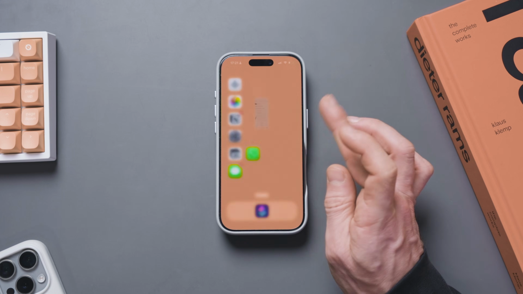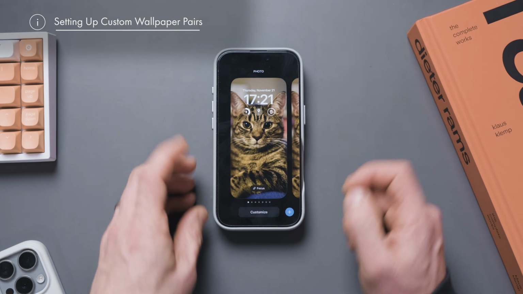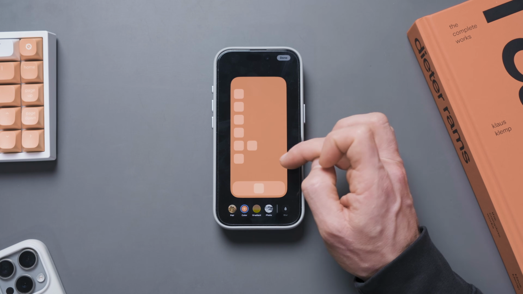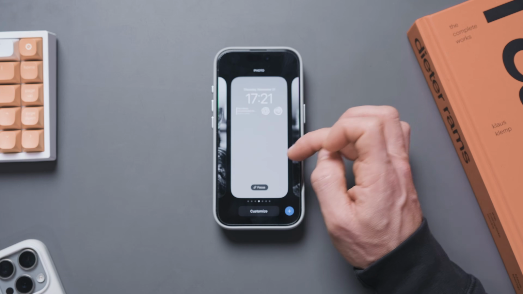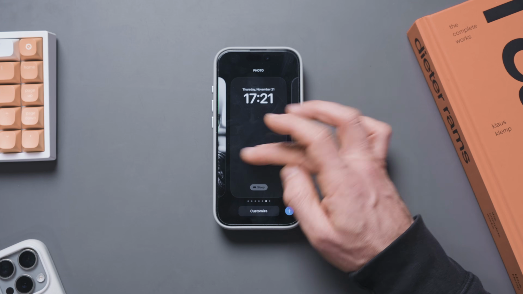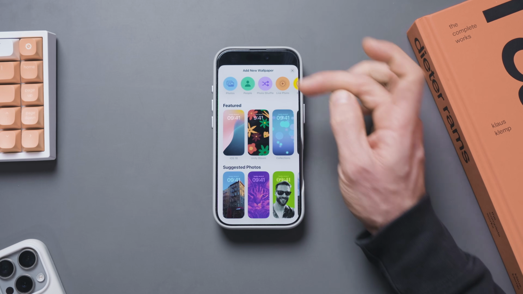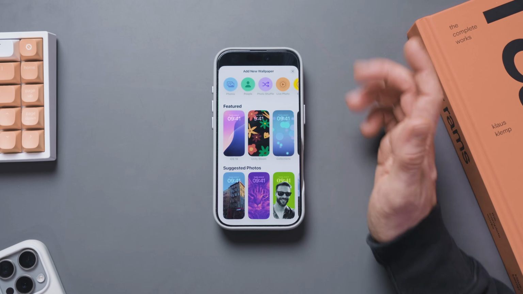So I'm going to come back out, and now let's create a wallpaper. There's a couple of ways to do it. You can lock your home screen, hold your finger on it, and click customize, and we can create edits of the different versions. So I want us to create a dark mode version. We're going to click add new, and you can obviously see all the existing versions, but I'm going to look in photos,